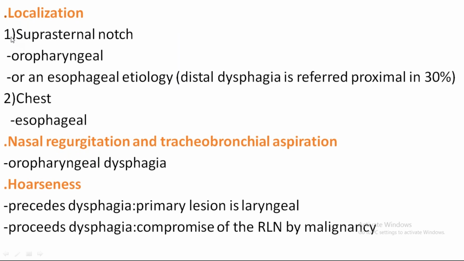So localization. When the sticking or foreign body sensation is present in the suprasternal area, suspect oropharyngeal dysphagia or an esophageal etiology. The distal esophagus refers to the proximal 30%. When the discomfort is present in the chest, suspect esophageal dysphagia. So oropharyngeal dysphagia, when there is an